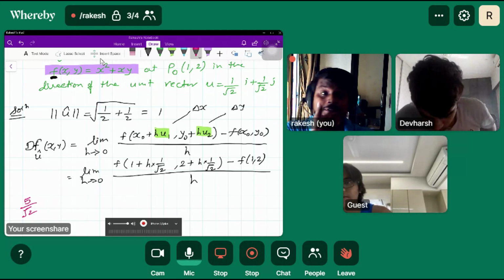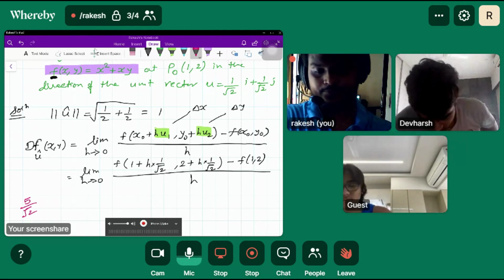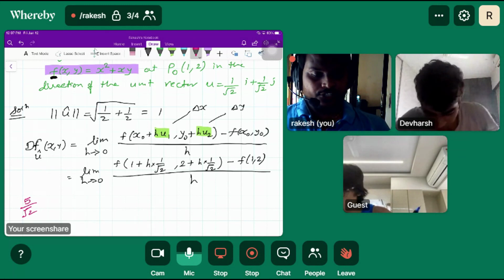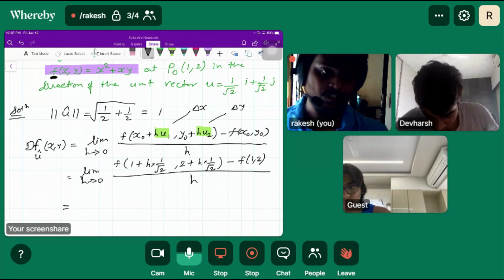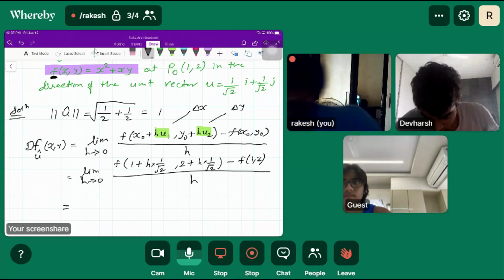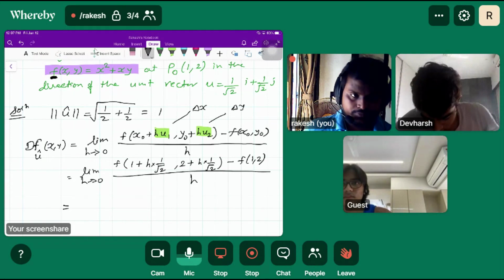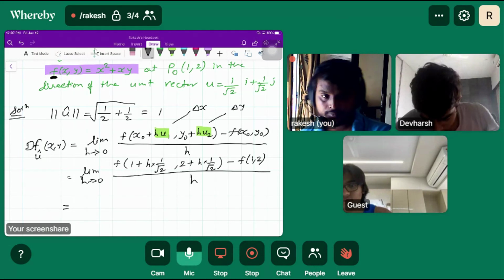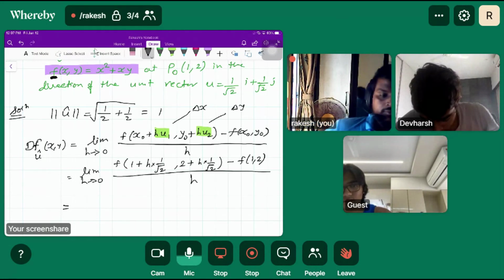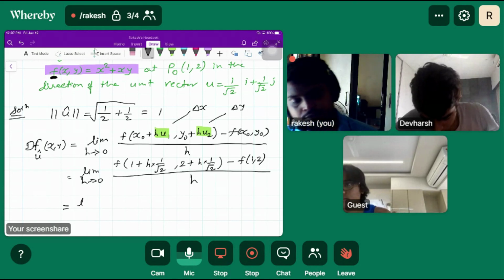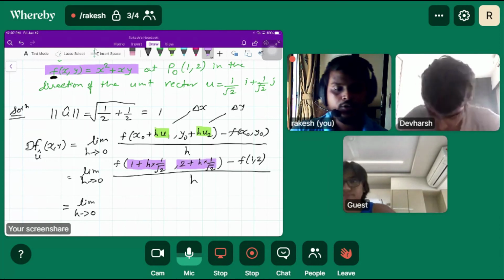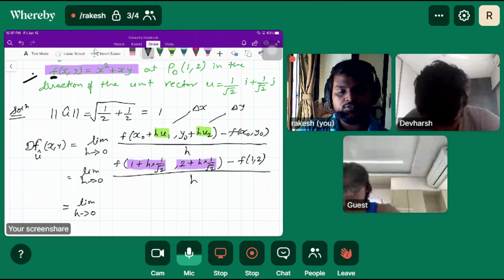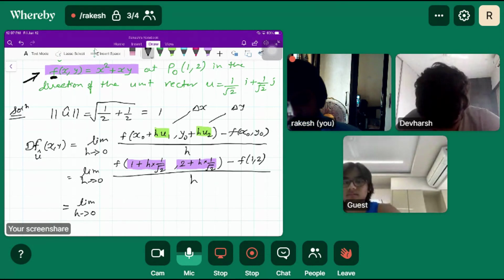Sir, I'm not following the method, sir. Not following the method, okay. Method or the theory? What exactly are you asking, working on this question, or the theory part? Theory part is okay. So in this question, what we have to do is put in this value. This is x and this is y, and we have been given the function. So we'll substitute this part over there.